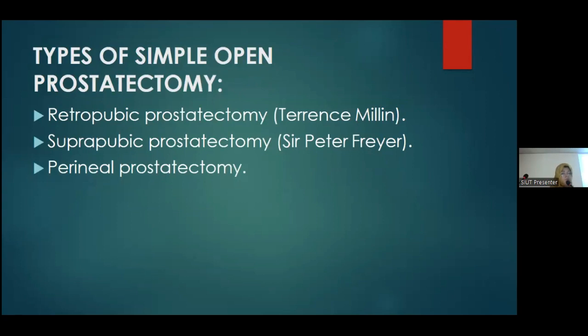The types of simple prostatectomy: the first approach is the open approach, and there are 3 types of it. One is retropubic, also known as Millin. Other is suprapubic prostatectomy, the Freyer technique, and the third is perineal prostatectomy. Proceeding with the